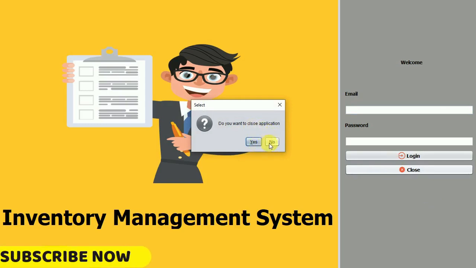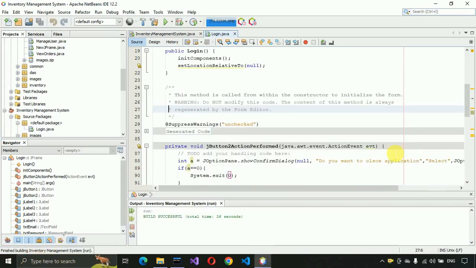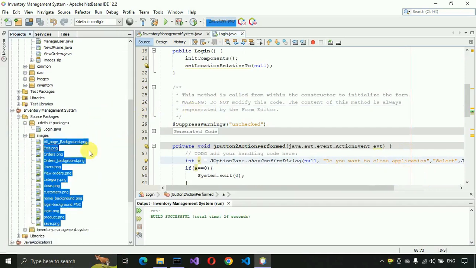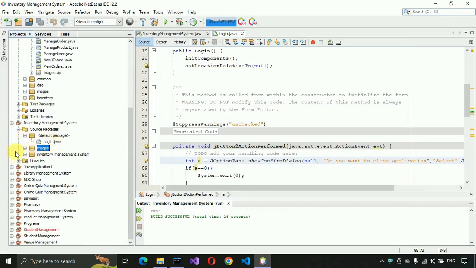If I click on no, it's not going to do anything. Click on yes, it will close. So just change the spelling here to close and save this. After that, minimize this one also, and now you have to go to Google and you have to